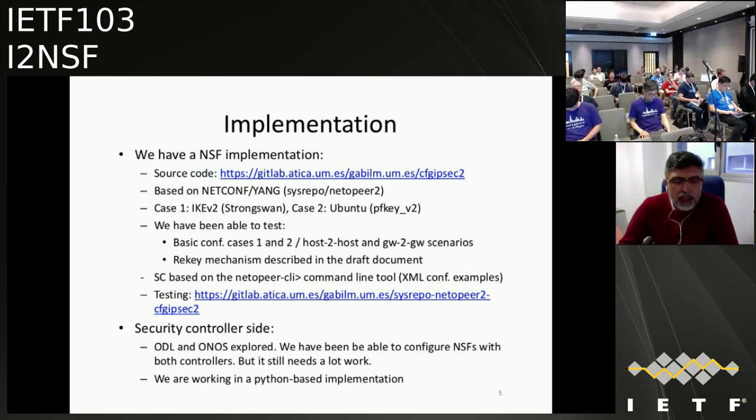Now it is open source. You can find the code in this Git server. The implementation of the network security function node, the net2peer server, is based on the sys repo and net2peer 2 libraries. For the implementation of case 1, we are making use of a strong one, like IKEY software